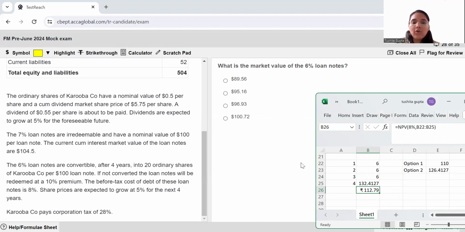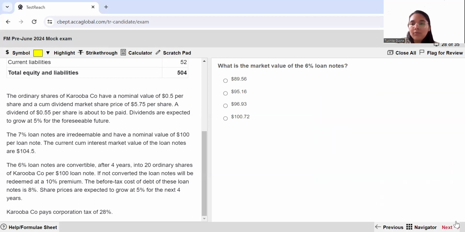So the correct way to calculate will be this way. You calculate both of the values. Either you get it redeemed at 110 or you get redeemed 20 ordinary shares. 5.2 is the ex-dividend price, and then you multiply that by the growth rate raised to the power of 4. So you have 126. Obviously, you're going to choose the second option. So it's going to be interest plus this value in the last year. And then you work out your NPV at the rate of 8%, which is the before tax cost of debt, and then select all of the values. This should be your final answer. Moving ahead,